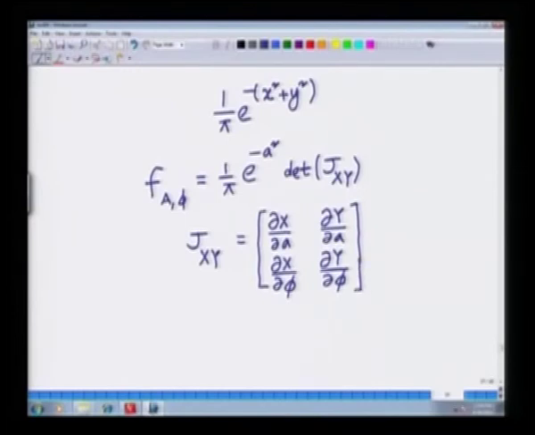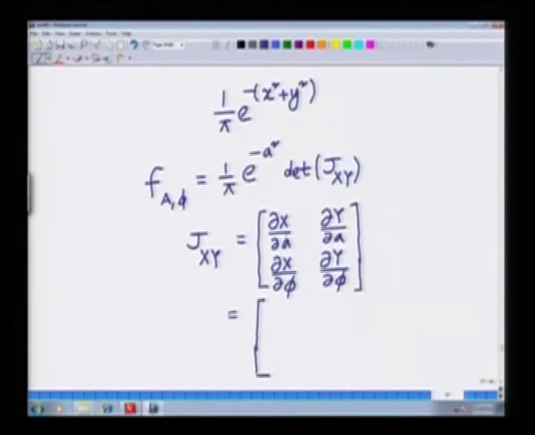Alright, this is the Jacobian, which is a 2 cross 2 matrix. In this case, the first entry is the partial derivative of x with respect to a, the second entry is the partial derivative of y with respect to a, the other entries are the partial derivative of x with respect to phi and the partial derivative of y with respect to phi, and this is simply given as, remember, x equals a